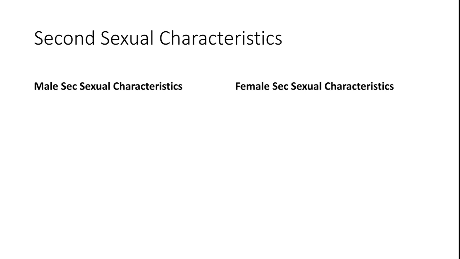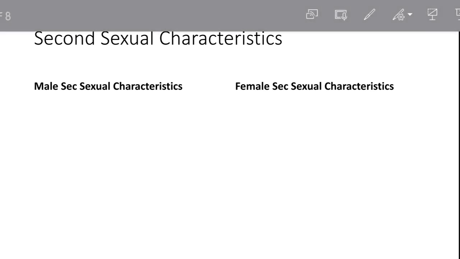And for secondary to take place, there is a hormone which is needed to influence the secondary sexual characteristics. That hormone is known as testosterone, which is secreted by the gonads, which are the male gonads, in this case, the testes. So what are the male secondary sexual characteristics? The first one is,